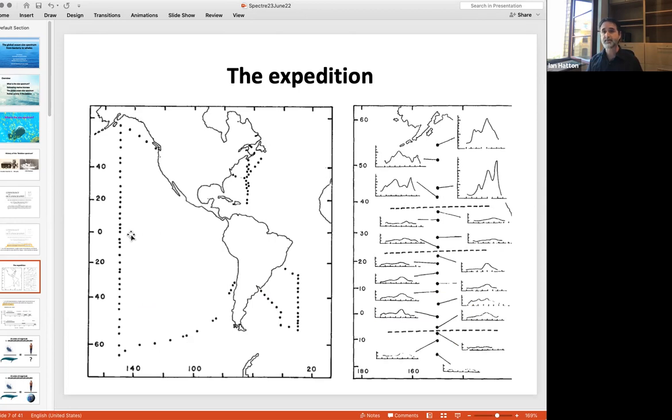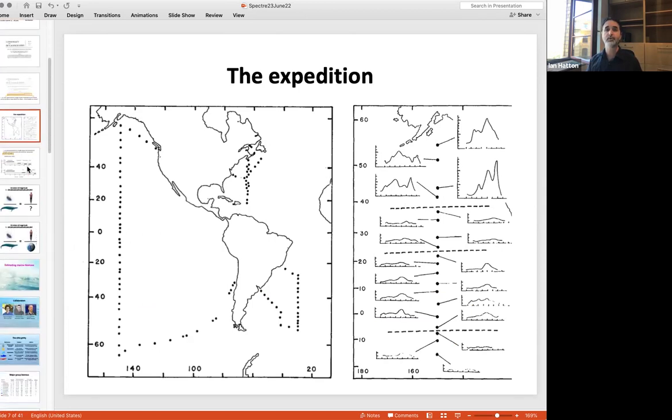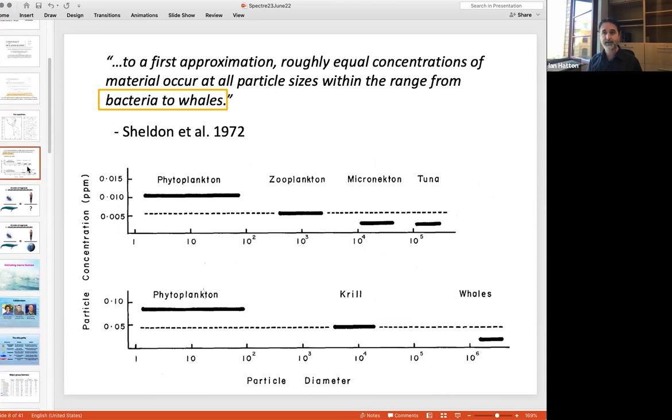Based on these measurements, they made a very big, bold hypothesis, bacteria to whales, and that's shown here. They were focused on very small things like plankton, things that could fit through the tube of their Coulter counter, but the basis of their hypothesis was sort of this thick black marker scrawled on the page. At least they used a ruler to make it straight, but that's where the hypothesis, as far as we could tell, has sort of languished. And so we just wanted to confirm this with more up-to-date data.